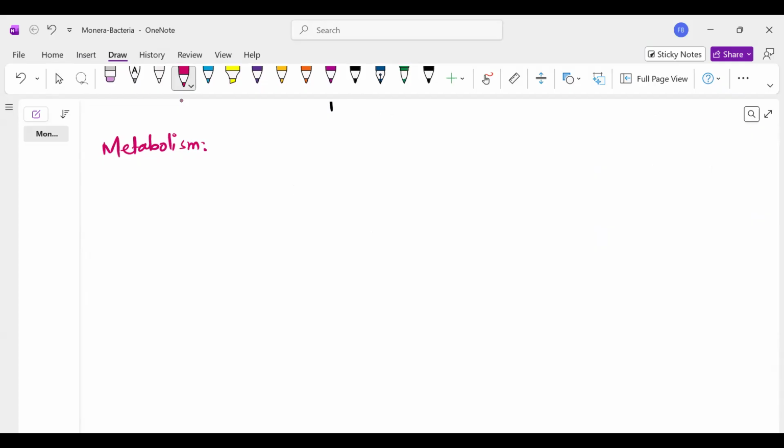Your body needs energy for different processes to happen. So basically you have metabolism. Metabolism is simply a set of chemical reactions. So what does metabolism do to your body? Metabolism